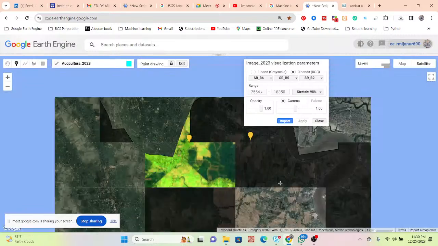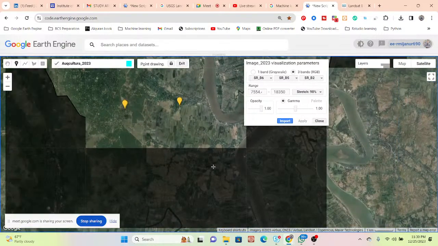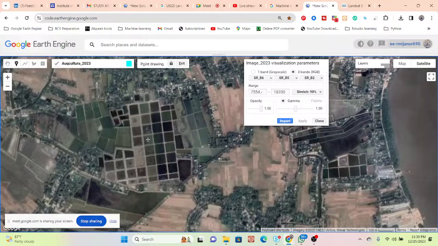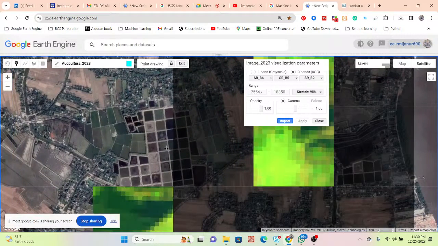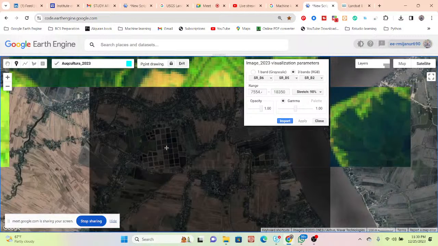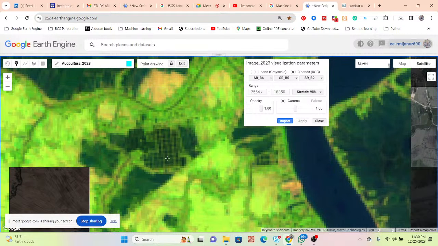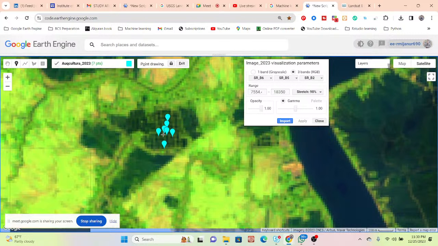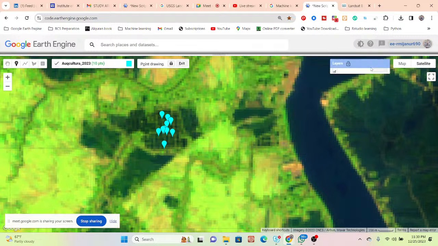Now we simply take this training sample for the aquaculture. Just simply take from here. Aquaculture. Okay, so after doing that, simply go to the next image.